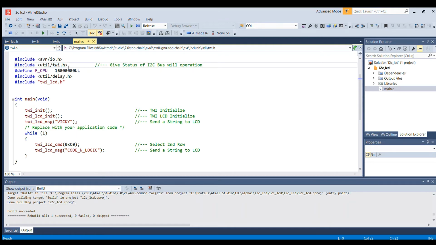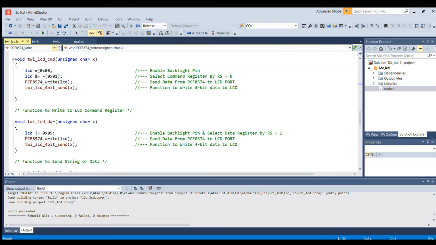Mostly we will be using this header to check the status of the bus. If you go through the code, you will understand why I have used this status. Again, I have defined our clock, which is 16 megahertz, and the delay function, and this is the function which I have created to communicate between our slave and our controller.